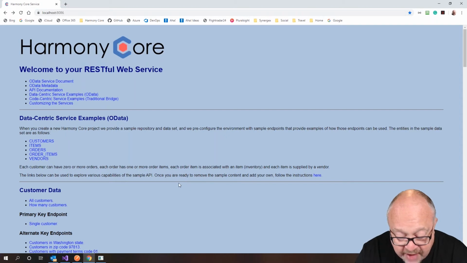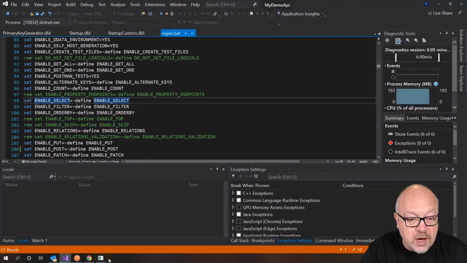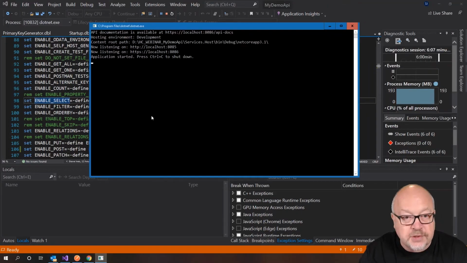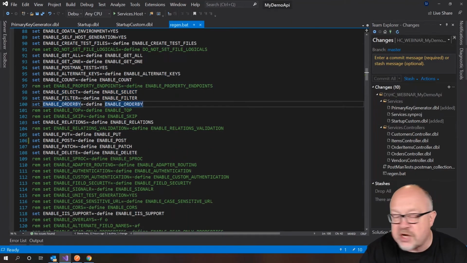Basically, what we're going to do is we have an option in our regen file that if we turn these options on, everything gets protected. Okay, so let's basically see that happen first of all. So what we're going to do is go to Visual Studio. Our service is running right now, so let's stop it. And we're going to turn on two additional options. I'm going to turn on